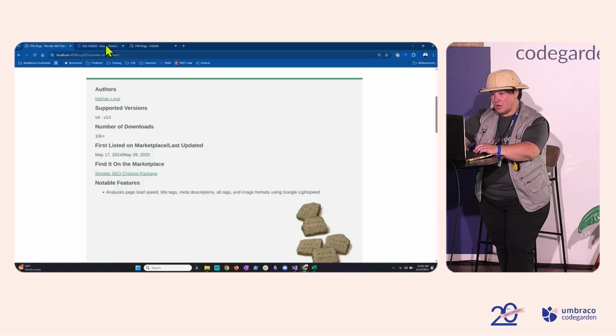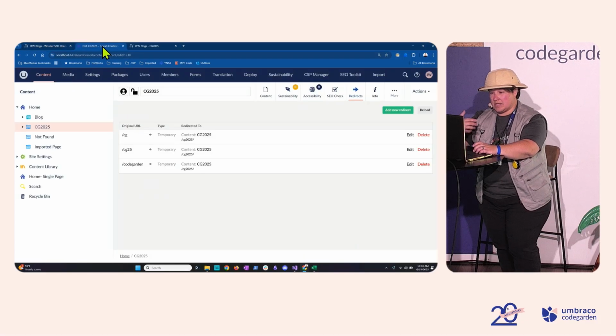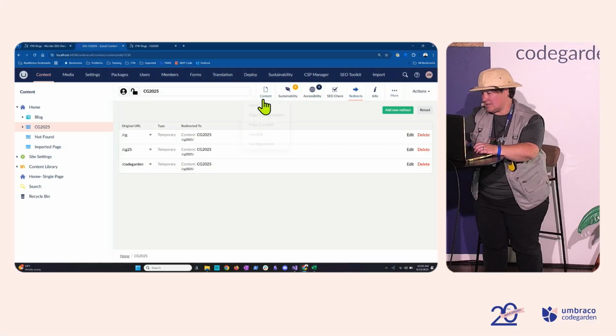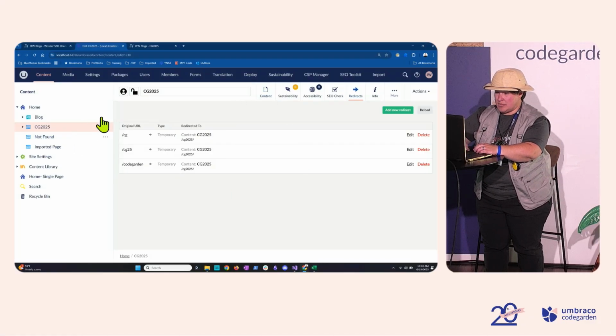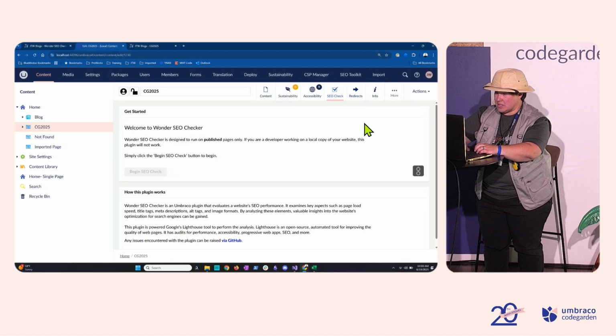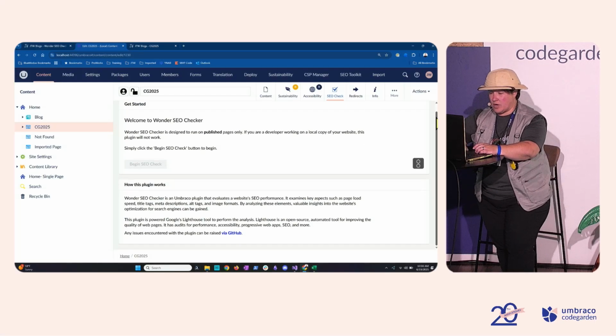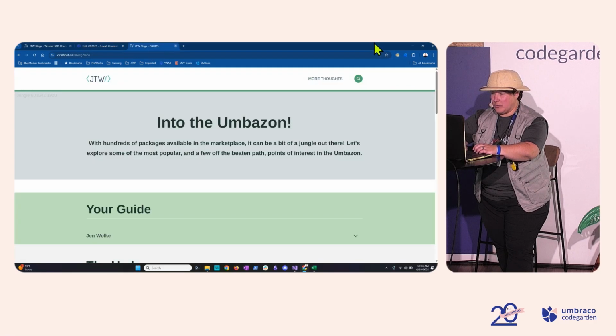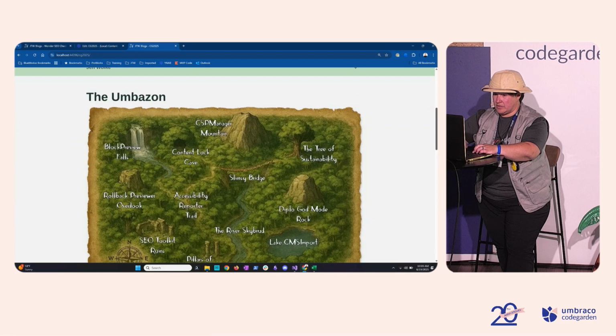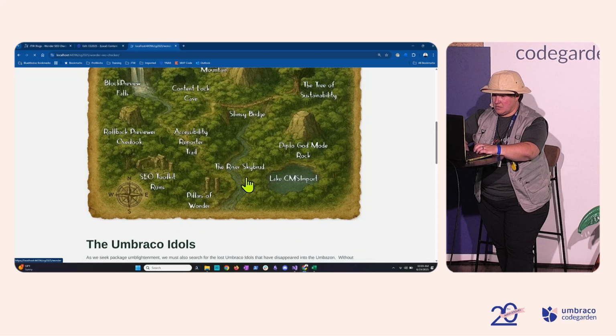This one only works on publicly available pages, so I'm going to show you where it is in the back office. Since I don't have internet access, at least not consistent, I'm just going to show you what the interface looks like, and then I'll show you some screenshots of after I've run it. So you can see here it's grayed out because it only works on live pages. So if I go back over here and move down to the Pillars of Wonder,